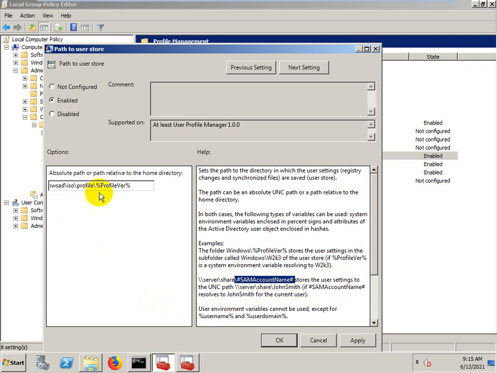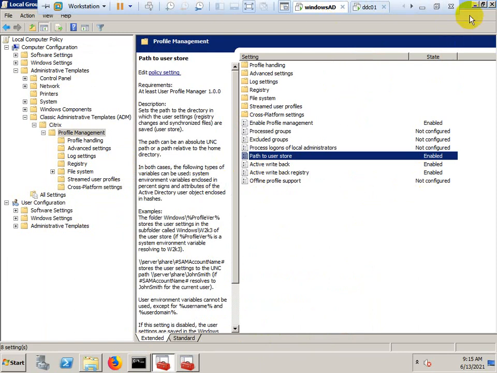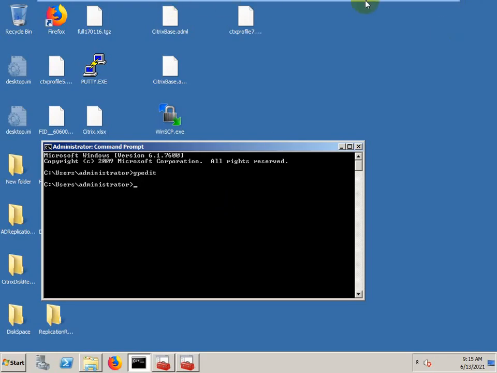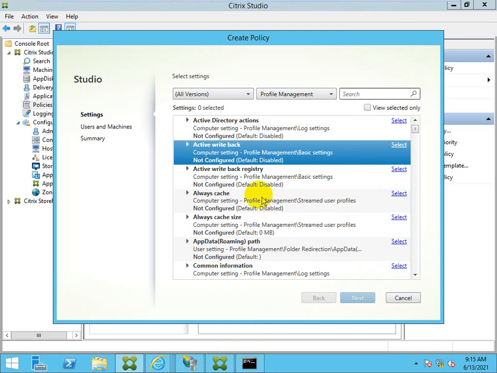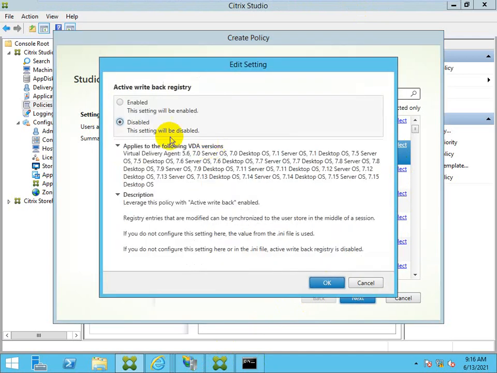If John Smith logs in, inside this share it stores the profile with the name of John. If Tom Butler logs into the server, inside the profile folder a folder will be created with the name of Tom Butler. Okay, clear? And now I have configured the policies. So the base policies I have configured from Windows, and from Citrix I am just going to click here to enable the same policy. I'm enabling the same policy from here also.